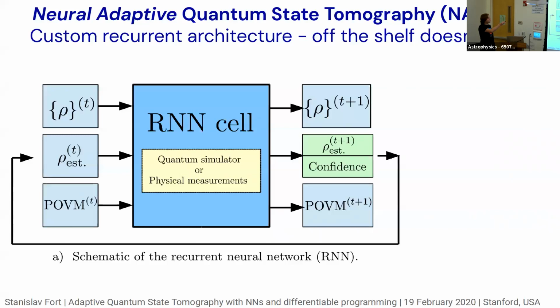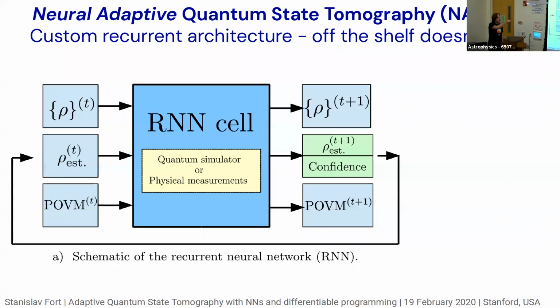Okay, so we've got the previous input, which is the previous guess in step T, the previous guess for the density matrix we care about. We have the particle bank, the previous particles we maintain in the previous step of the algorithm, the previous set of possible states with the associated weights. Then we have the previous guess, that's the estimate in time step T. And then we have the POVM that will be used in this step, designed by the previous step of the algorithm. This is very high level, so I'll zoom into the thing in detail in a minute.